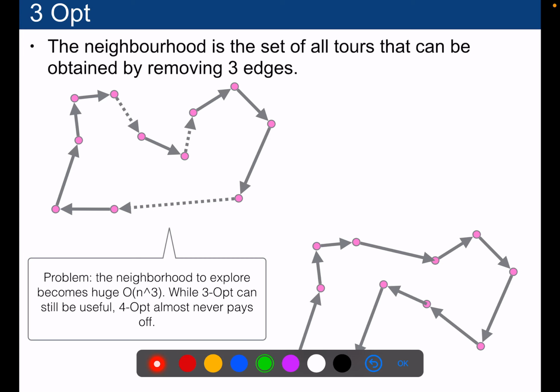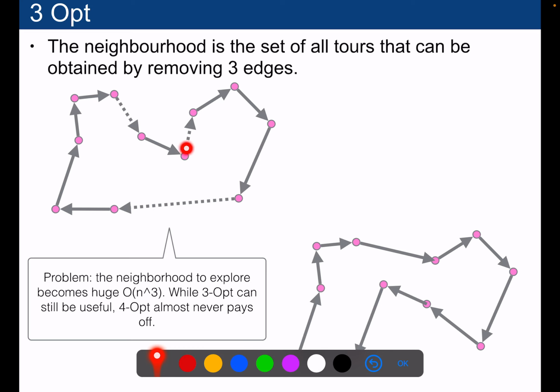The two-opt move can of course be generalized to more than two edges, and here we have the idea of the three-opt move. The idea of the three-opt move is that we remove three edges instead of two, and we relocate them so as to improve the current tour. For instance, here you see a tour that cannot really be improved by a two-opt move, but with a three-opt move we can reconnect it in a very complex way to give that one, and that one is improving this tour, okay?